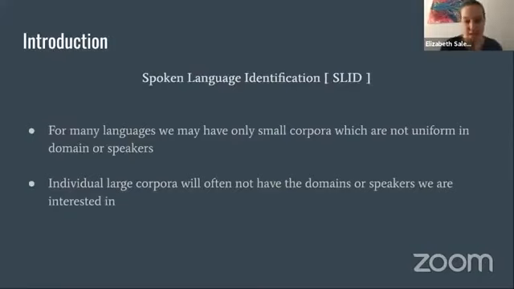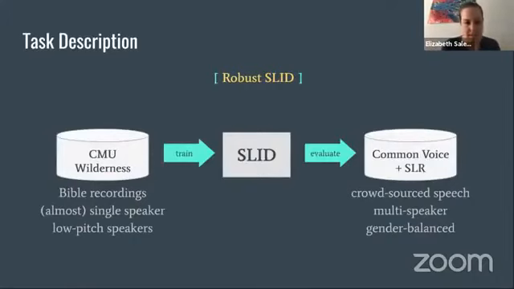To address this task of robust spoken language identification, we have taken the CMU Wilderness Corpus, which luckily is one of the more multilingual corpora available, with 699 languages. But it is almost exclusively single speaker per language and predominantly male speakers. This is not necessarily going to represent many situations we hope our systems are going to be able to address. So to directly test this, we're going to use different evaluation data than our training data set.